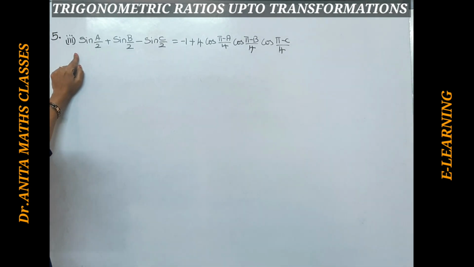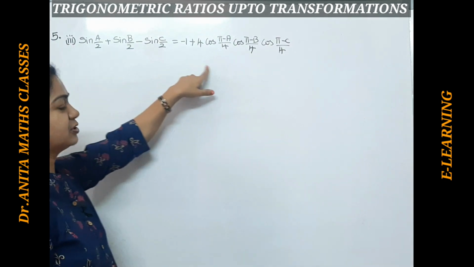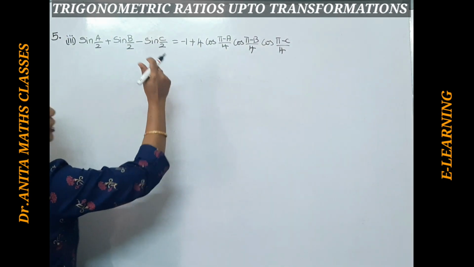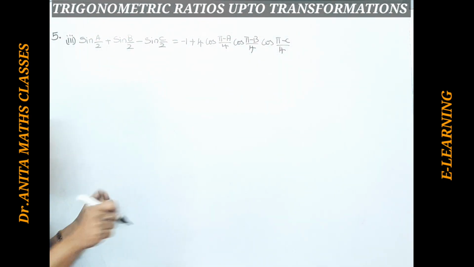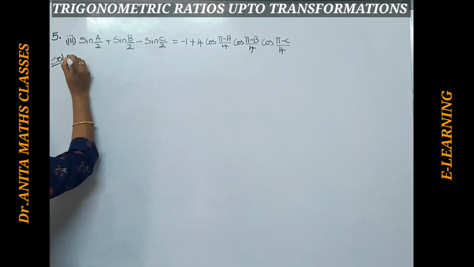Now the third problem. In the fifth bit we have 1, 2, 3 problems. The second problem I had given for you to practice. Okay, the first problem I am telling and the third problem. So the second one, please do practice for yourself. Okay, here doing all the problems I'll be getting, but you have to practice it, isn't it? So please do it. Now here is the solution.